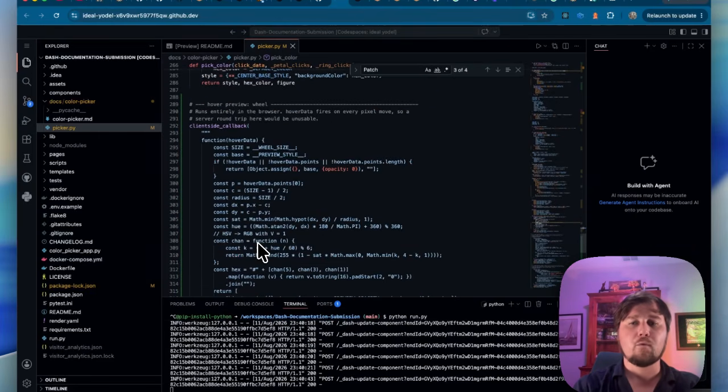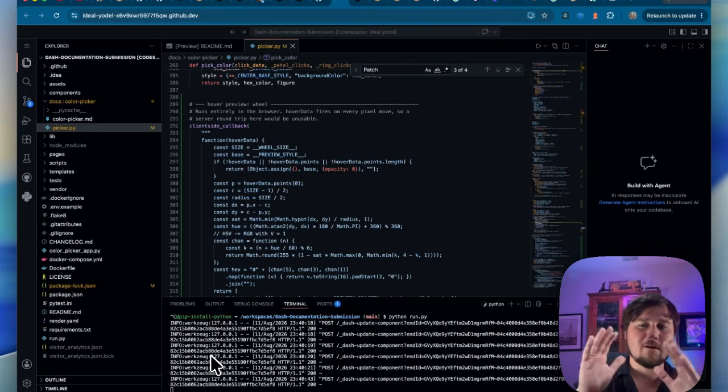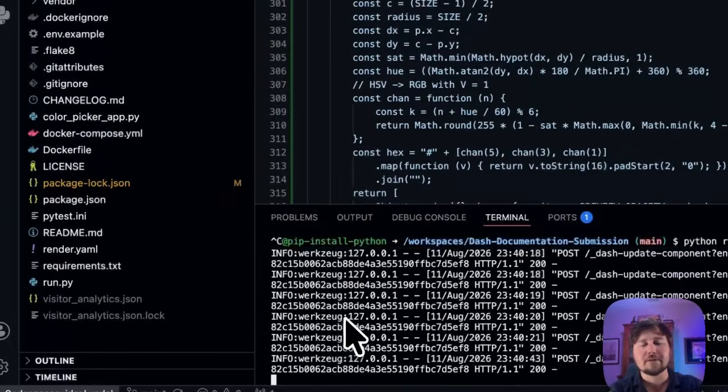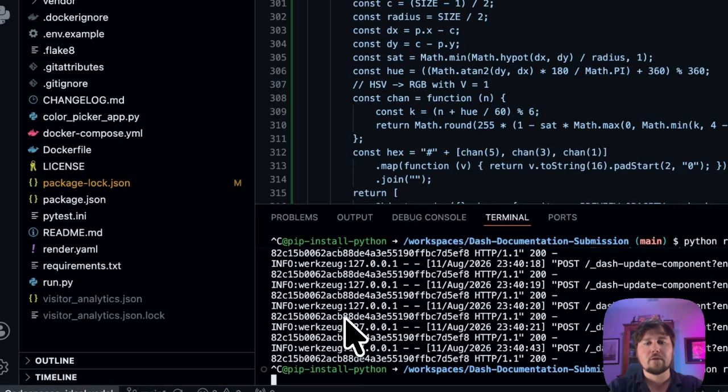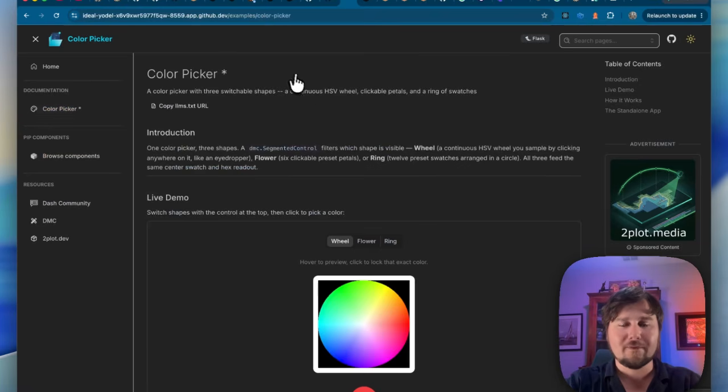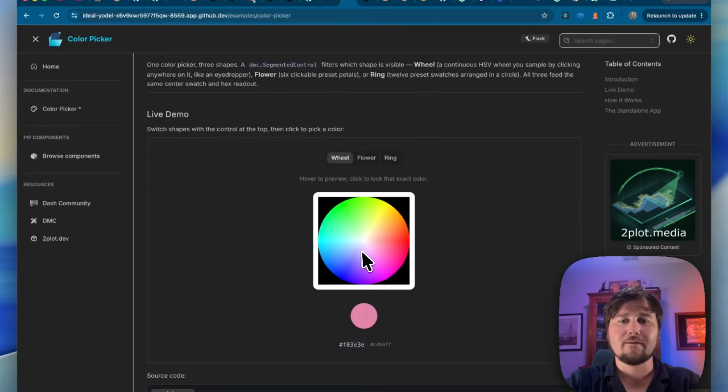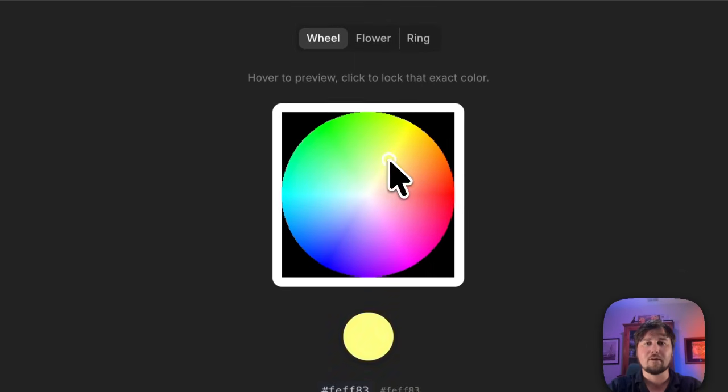Not only that, I wanted to introduce a little bit more interactivity to the color wheel. And to do that, I introduced an OnHover using client-side callbacks. So these are two additions that I made to the application, and I'm hoping it'll show you something. Let me show you this. We're going to dive back in. Okay, so on hover, look how clean that is. On click, it's instant. It's instant, and it's instant because of that Patch.